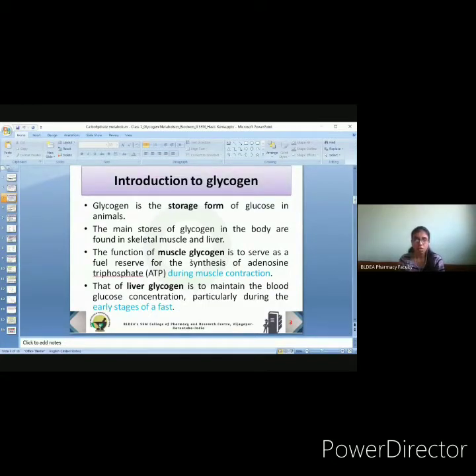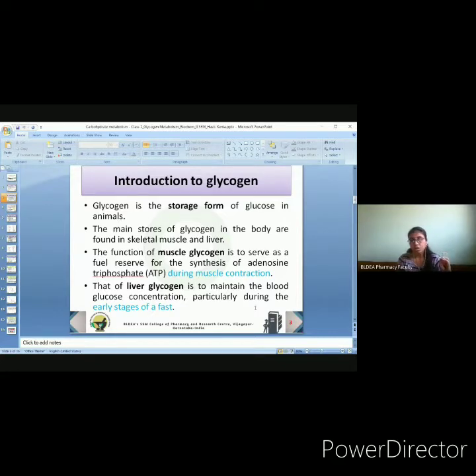How? In muscles, it helps in synthesis of ATP during muscle contraction. Whenever the muscles are in contraction, these glycogen molecules are utilized and degraded into glucose. And now these glucose molecules undergo a series of different catabolic reactions, and finally ATP is synthesized. So the function of the skeletal muscle is majorly to synthesize ATP, while the role of this liver glycogen is